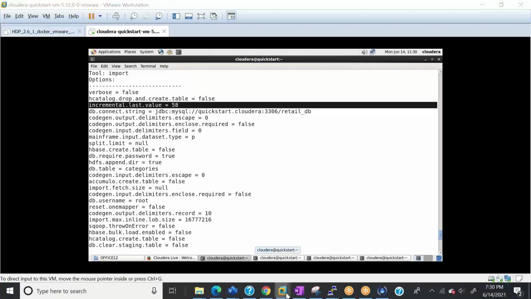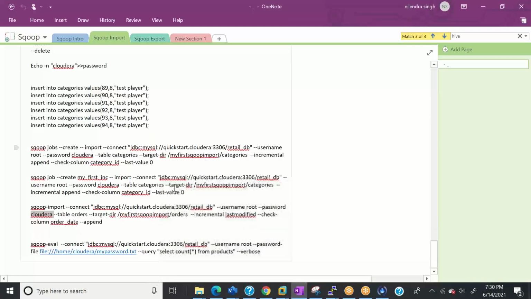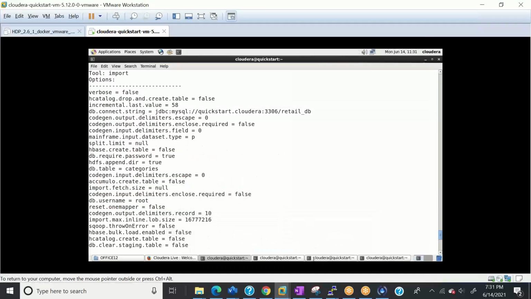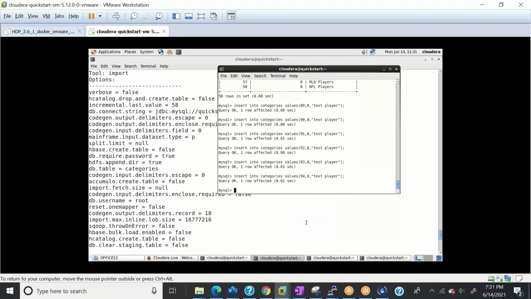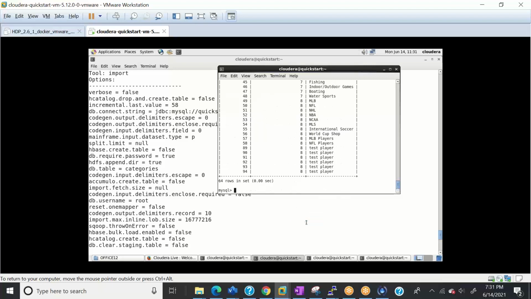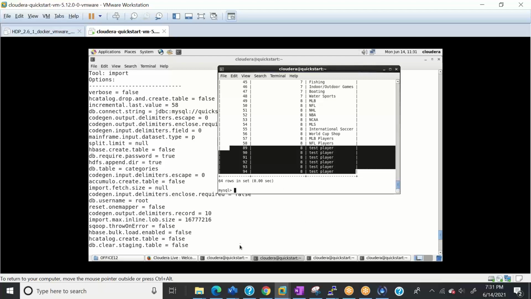Now let me do one more thing quickly. I know I'm running out of time, but let me insert these few records. So I'll go here into MySQL. This is my MySQL, and I'll paste all the records, and it recorded. So if I say select star from categories, it will have a few more records from what I have just inserted, right?